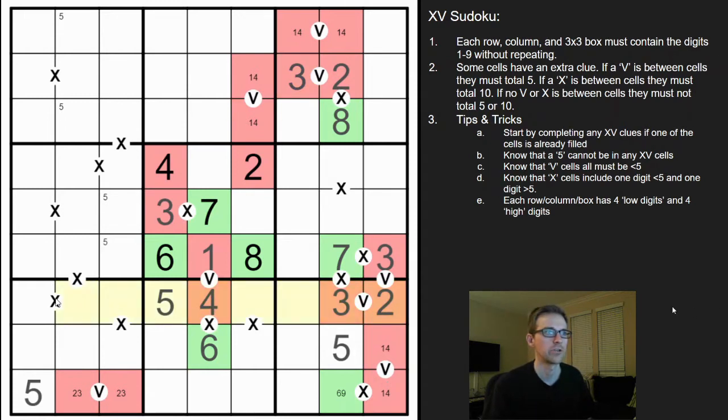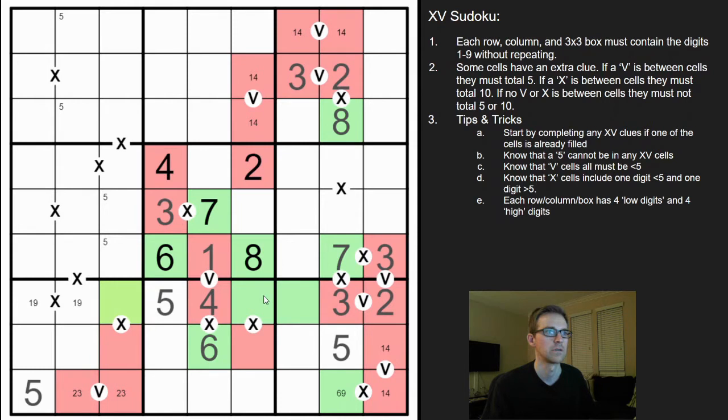This row here, the 7th row, we know that we already have 3 low digits, and there's going to be 1, the 4th low digit, in this X clue, because one of these has to be low, one of these has to be high. And so we're missing a 1, so we know that this is then a 1-9 clue. These then must be all high digits, making these low digits because of the X clue. So this is